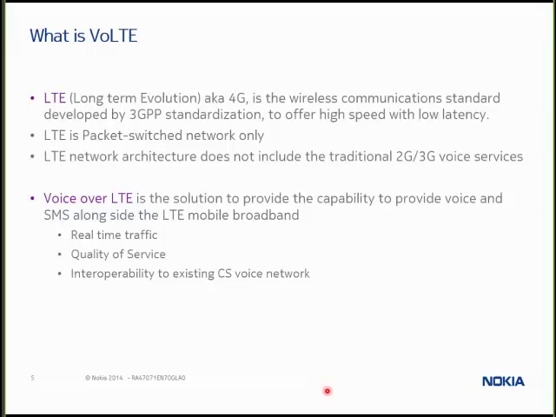I see that here on the slide it's saying that it doesn't include the traditional 2G, 3G voice services. What exactly would those services mean? Well, this would be the voice services, talking about a regular telephone call, but it would not be over a dedicated radio path for those voice services. We would be moving it from those voice services over an actual data network instead of over a dedicated circuit switch path.